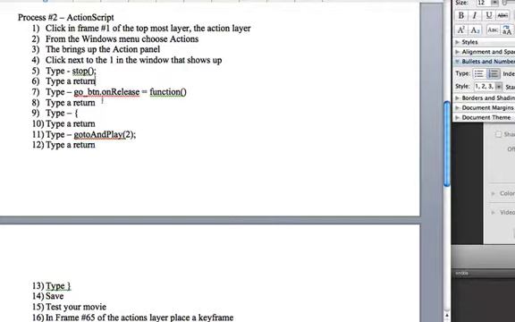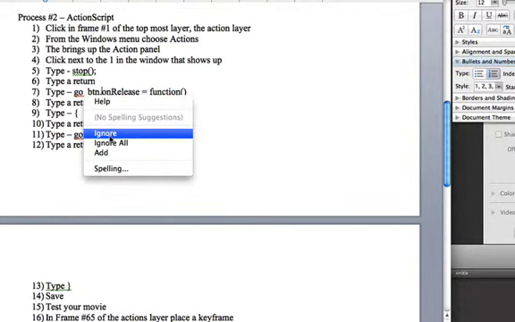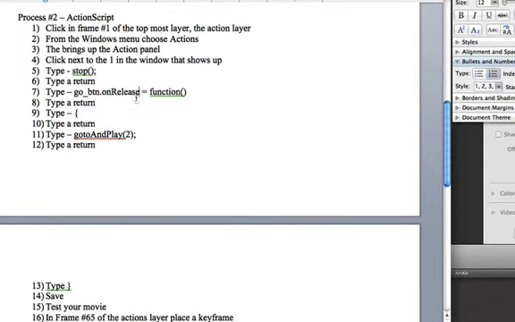Then you're going to type a return, which will get us to a new line, and you're going to type go_btn period. Then type a return, and then we're going to type go_btn dot on release. The R in release is capitalized, and that's very important, equals function open close paren, and then you're going to type a return, an open curly brace, another return, and then you're going to type go